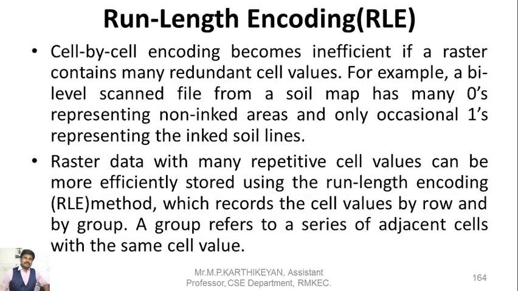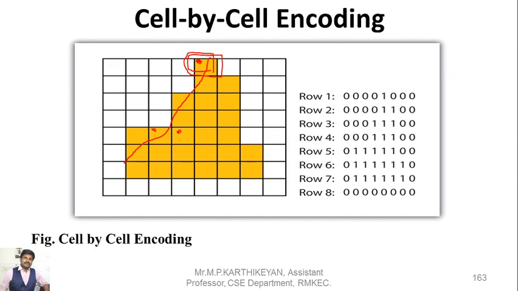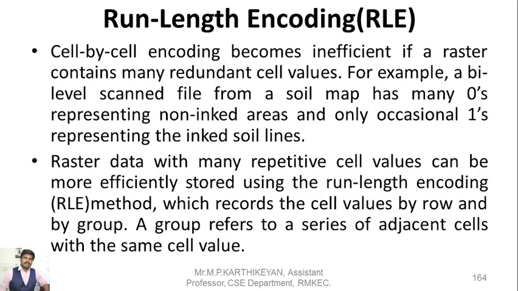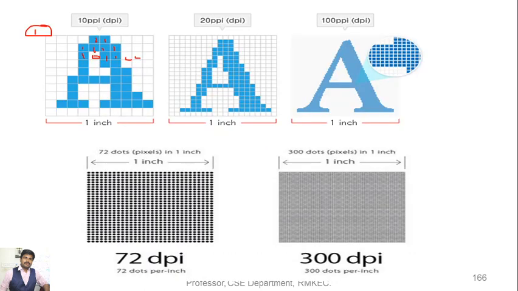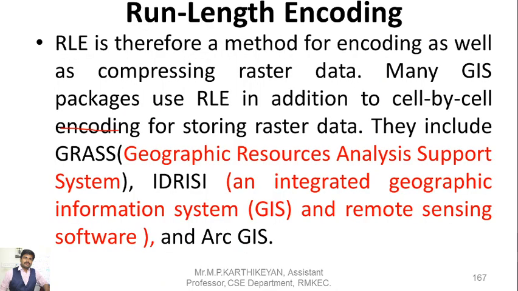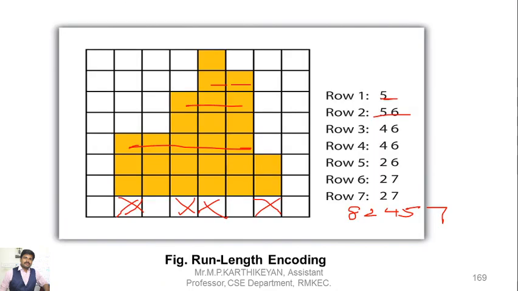Okay, this is cell by cell encoding part. Okay, this is a similar example. So can you crack this code actually? How is this value being given? Obviously, we are going to assign some values for the shaded part, and we are not going to assign any value for the unshaded part. Correct? So can you crack this code?